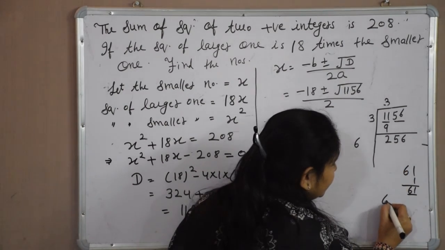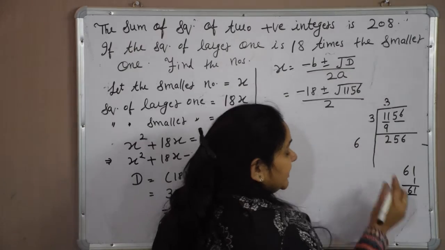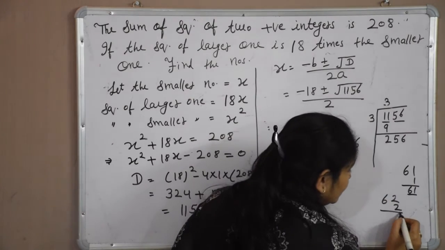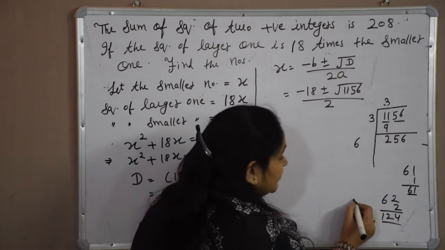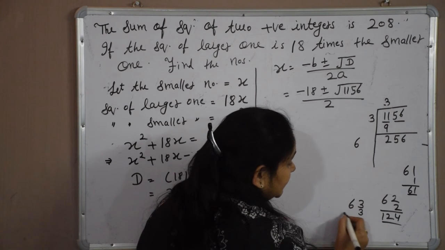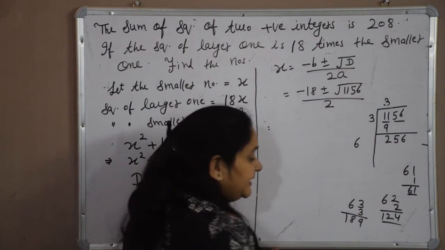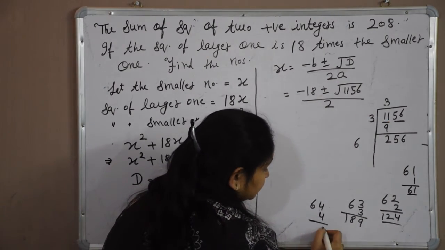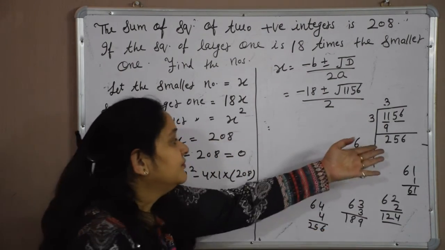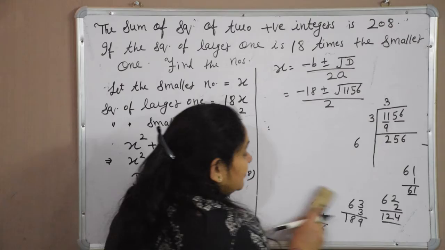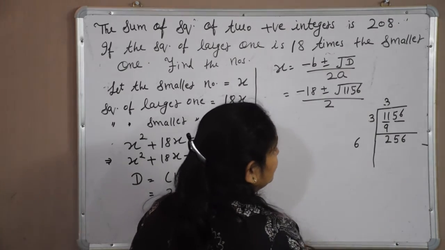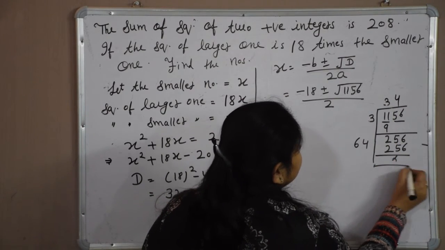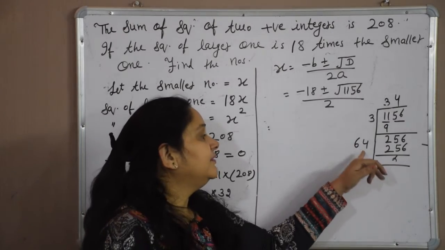It is not suitable. Suppose I am taking 2, 62. So I have to choose here also 2. I have to multiply this 62 with 2 only. That is also not suitable. Suppose I am taking 63, 3 3s are 9, 3 6s are 18, that is also not suitable. Suppose I am taking 4, so I have to choose 4. 256, because we know that if the number is in this form, it should definitely be a perfect square. So we will choose 4 and we are getting 256. Otherwise there is no need to divide by each and every number.